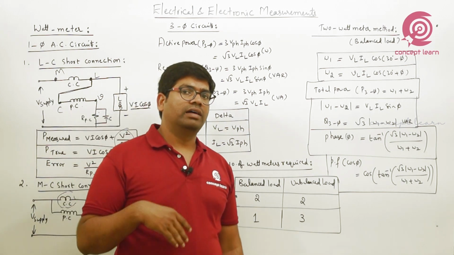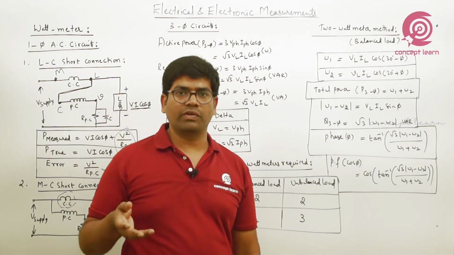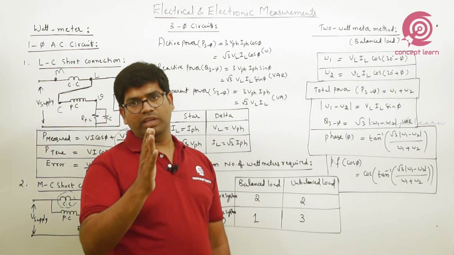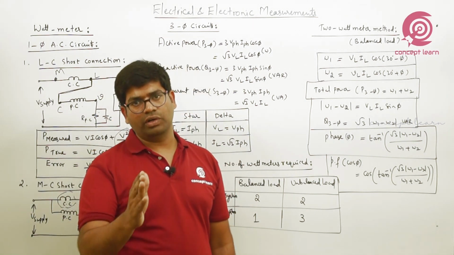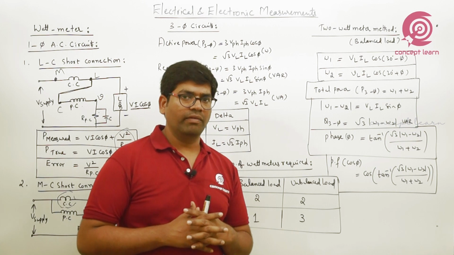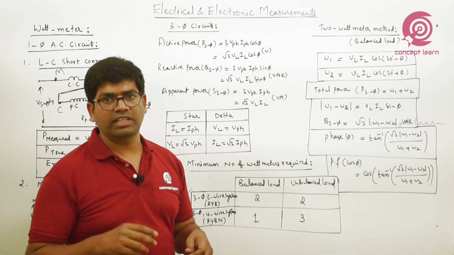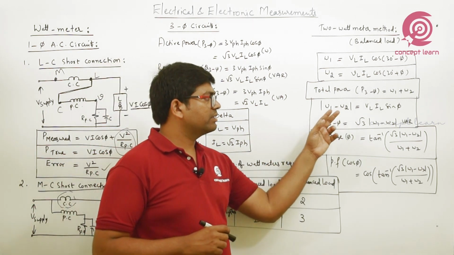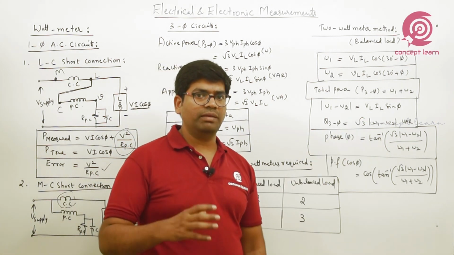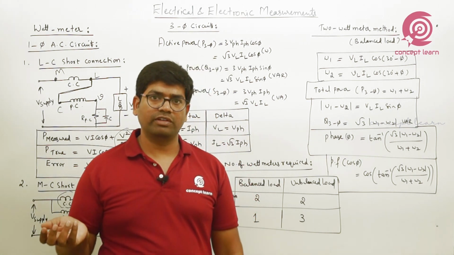You take delta connection or star connection, lagging power factor or leading power factor; this is the result. One wattmeter has VL IL cos of 30 minus phi, the other will give VL IL cos of 30 plus phi. Total power means you add both wattmeter readings. If you add both, we get root 3 VL IL cos phi, which is equivalent to 3 V phase I phase cos phi. If you subtract, that means you take the difference between the wattmeter readings, we get VL IL sin phi.